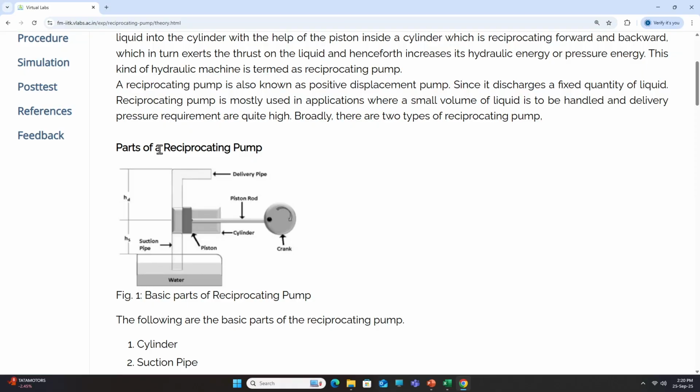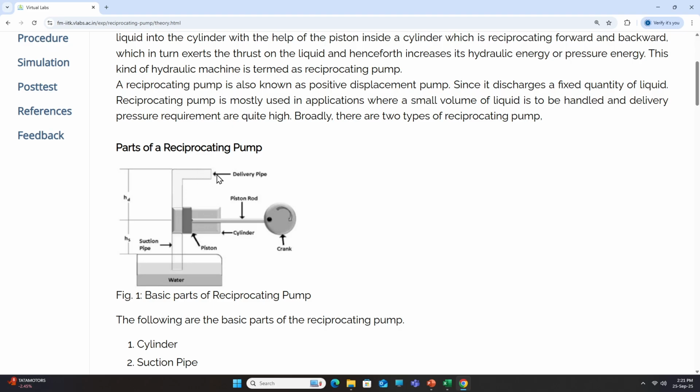How? Let us see parts of the reciprocating pump. We have the suction pipe through which water or fluid is sucked here, and the piston, when it goes back, let me say, if it is IDC, that is inner dead center, and this is ODC, that is outer dead center. At IDC, the water is not there. When it goes towards the ODC, when it goes towards the right side, the valve here at the suction point opens and water starts coming in, and when it is coming from the ODC towards the IDC, that is from the outer dead center to the inner dead center, the water goes out through the delivery pipe.